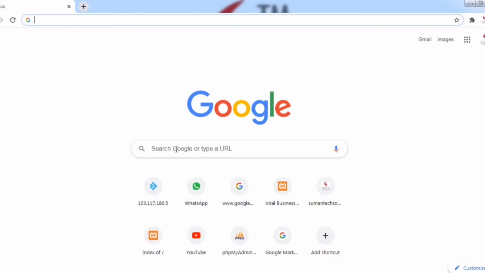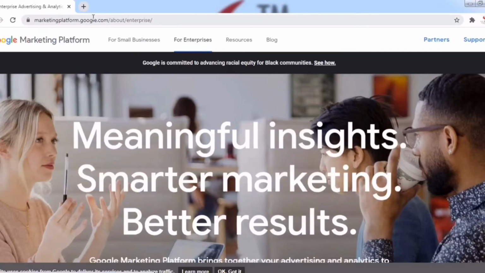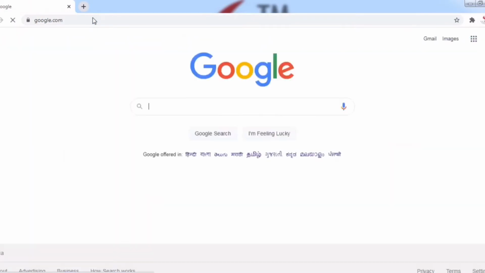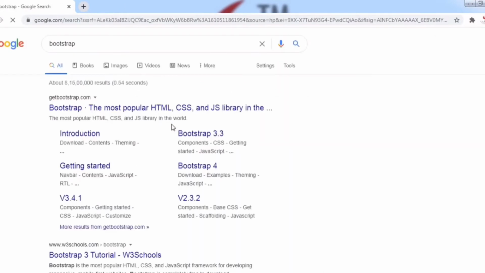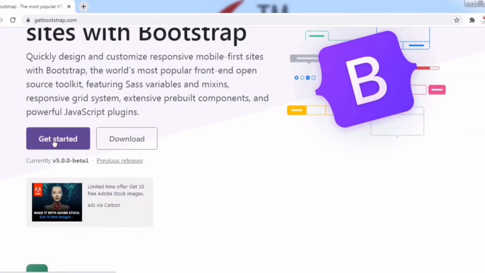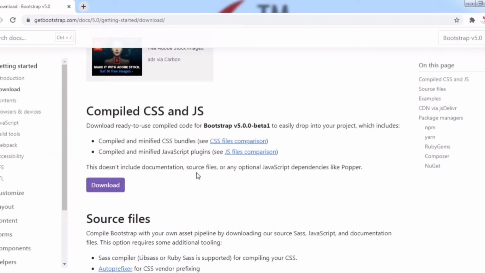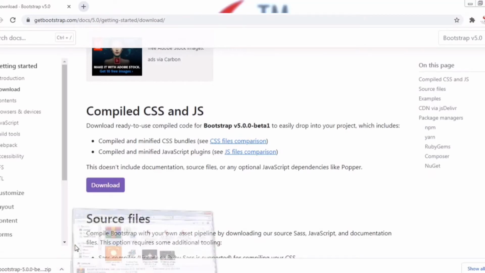So first of all, we will go to Google and type the file that we need. That is, we are going to download the Bootstrap file. We will write Bootstrap here and download the library file of Bootstrap, through which we can go to the next coding. We will download the file by clicking the download button, and the library file will be downloaded. We can see in our dashboard that the file has been downloaded, and we will open it.